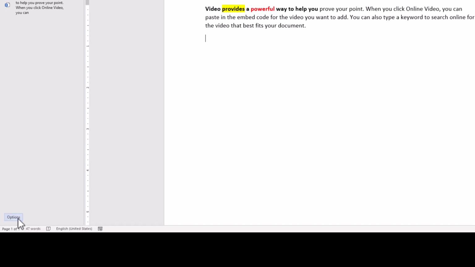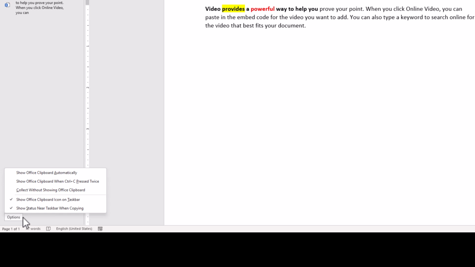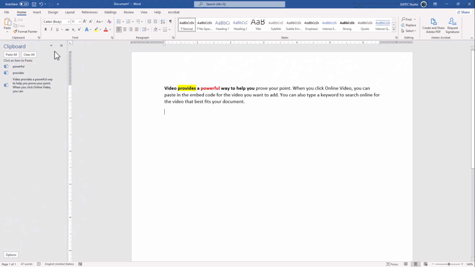And in the very below of the panel, we have Options button. They are very simple and obvious. If you read, you could understand. But one of the useful features here is Show Office Clipboard when Ctrl C or Command C pressed twice. If I enable that and close this panel,